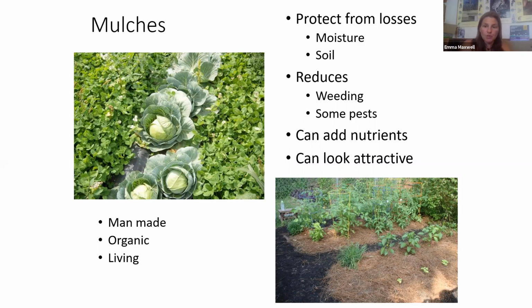We can use organic mulches, which I've just mentioned, or like in this picture, we've got a living mulch, and this is clover. If you're using clover, you have to use a short clover, and you can use tares as well. They're both nitrogen fixing, so they're not in competition for nitrogen as a nutrient because they're making their own. And you can cut them back, you can trim them, and then that adds to the bulky organic matter